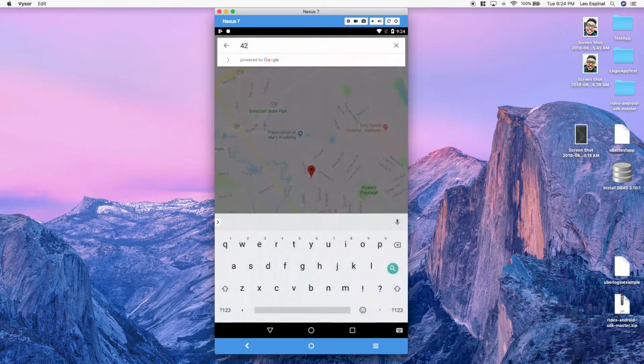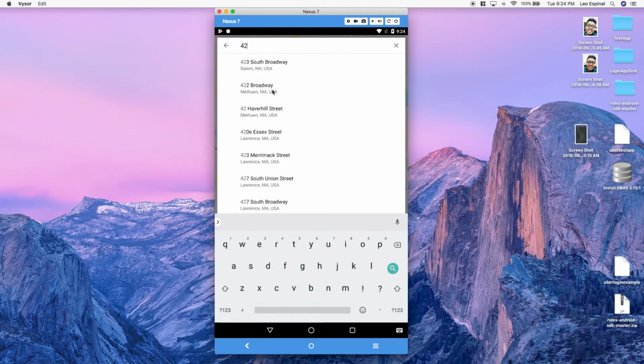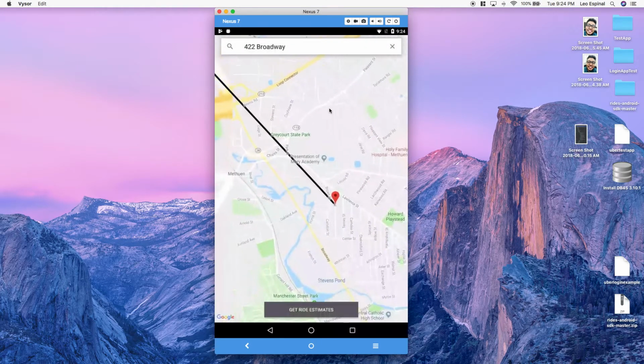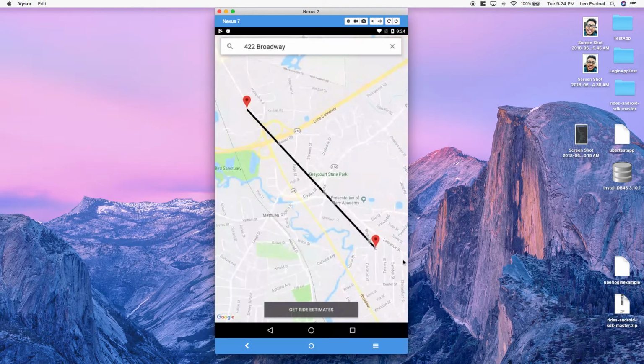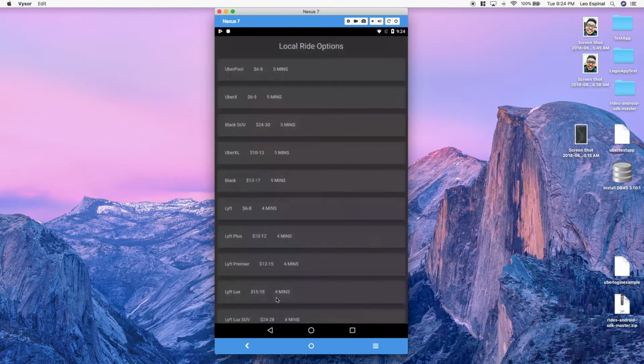So if I were to pick a random address, it'll actually drop another pin on the map, kind of show you a line between the 2 points. And so when you click on get ride estimates, it's gonna gather that for you here.